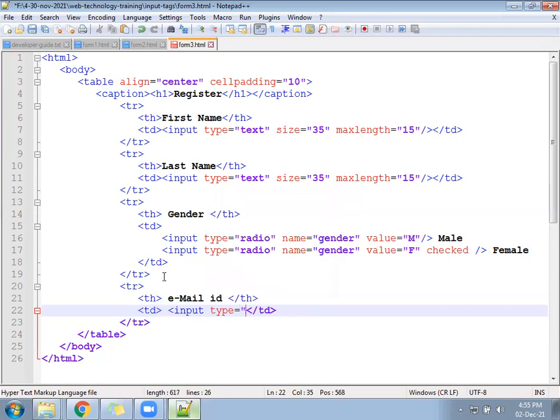Keep the common size again. Size equal to 35, max length similar. Let's keep max length 30-40 characters, maybe someone's email ID is a little longer.